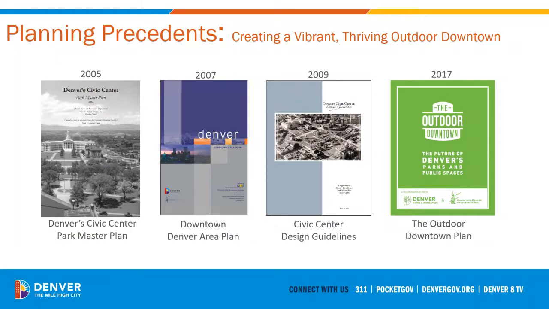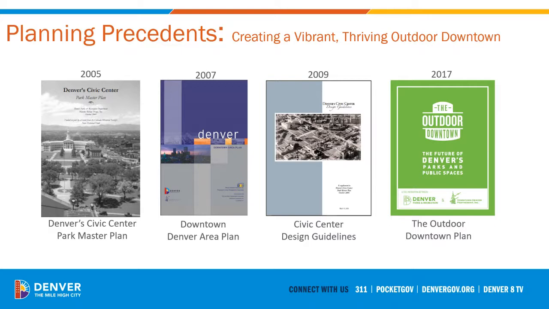Great. Right. So as Jay mentioned in his portion looking at phase 1, there are some planning precedents that have been completed over the years, really with this overarching desire and goal to create a downtown that is vibrant, that's thriving, creating a downtown that is really a network of green spaces, public spaces that really supports our outdoor lifestyle. I mean, being outdoors is really part of our DNA as Denverites, and this addition of Bannock and extension of Civic Center going across Bannock up to the city and county building is going to be an integral part